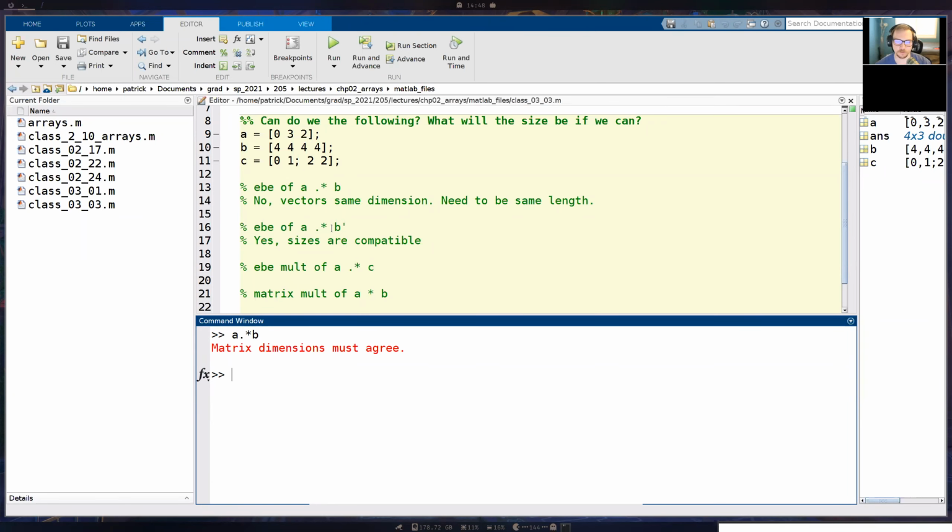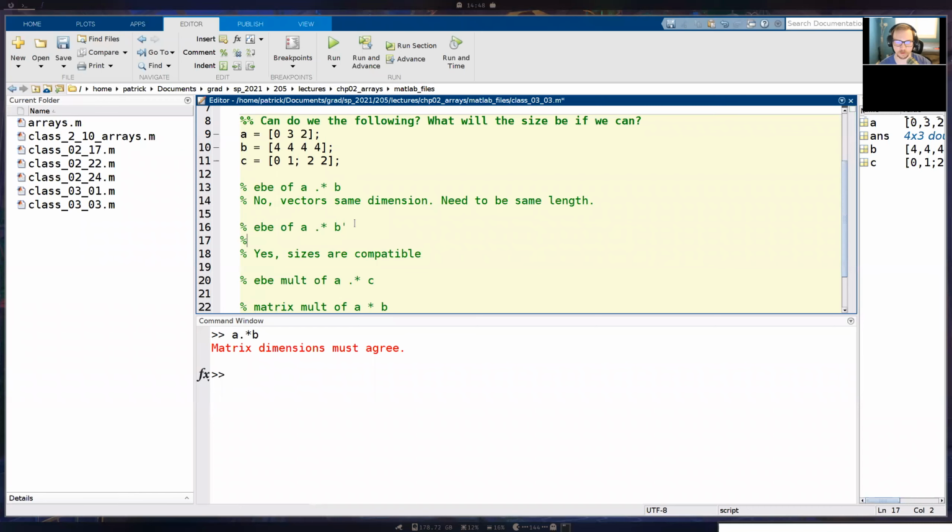Now if we do A times B transpose, that's basically a row vector multiplied by a column vector. More specifically, a 1 by 3 row vector multiplied by a 4 by 1 column vector.